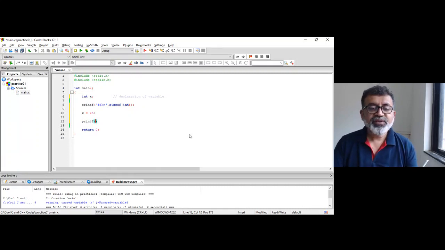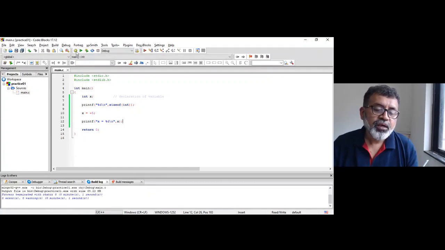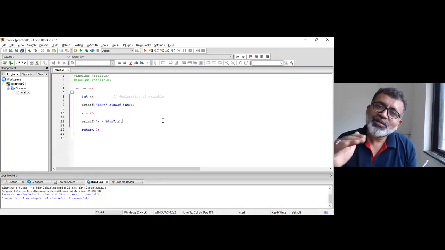So if I write printf percent d, and if I write x, it will print. For those who have written or learned C language till for loop or while loop, function pointer, this might be something boring for you, but don't get bored.